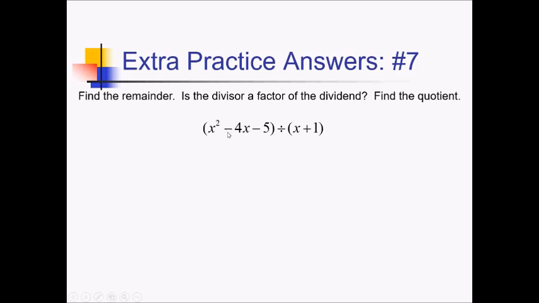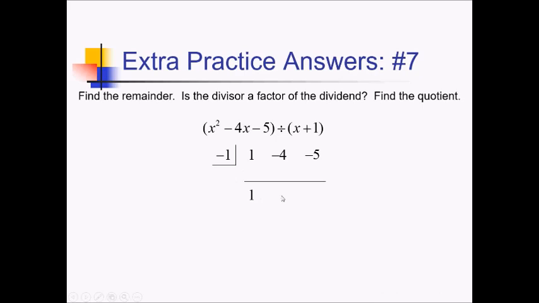So let me write down my coefficients for this quadratic. We have a 1x squared to begin, so that's a 1. Minus 4 is the next one, and then we have a minus 5. No placeholder zeros needed here because we didn't skip any terms. For the box number, that's whatever zeroes out my divisor of x plus 1, so that's negative 1 for the box number. Leaving a space and drawing a line, we bring down our first coefficient of 1,